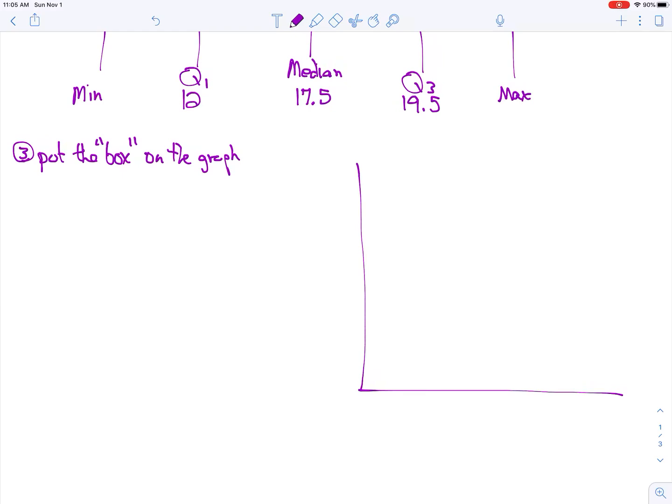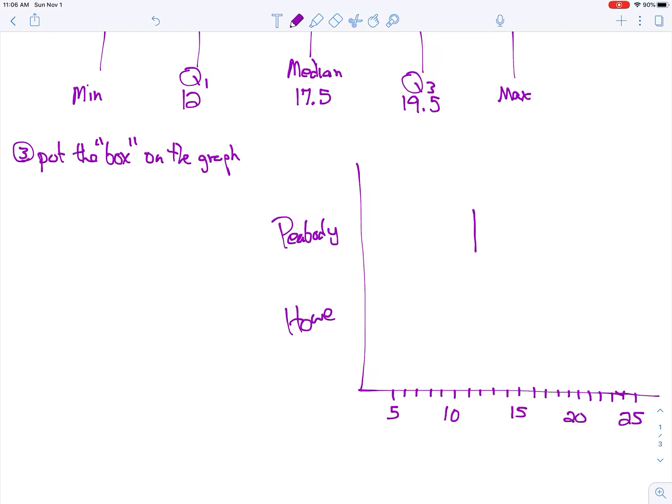And I'll put Peabody up here, leaving some space for the Howe box plot. And I'm just going to start counting. Probably I'll start at 5 and then go up to 25. So 5, 6, 7, 8, 9, 10, 11, 12, 13, 14, 15, 16, 17, 18, 19, 20, 21, 22, 23, there's 25. And my box, the Peabody box, it looks like it is from 12 to 19.5 with a median